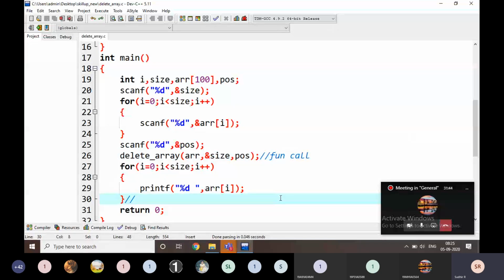The size is going to be an address. Okay, finished.